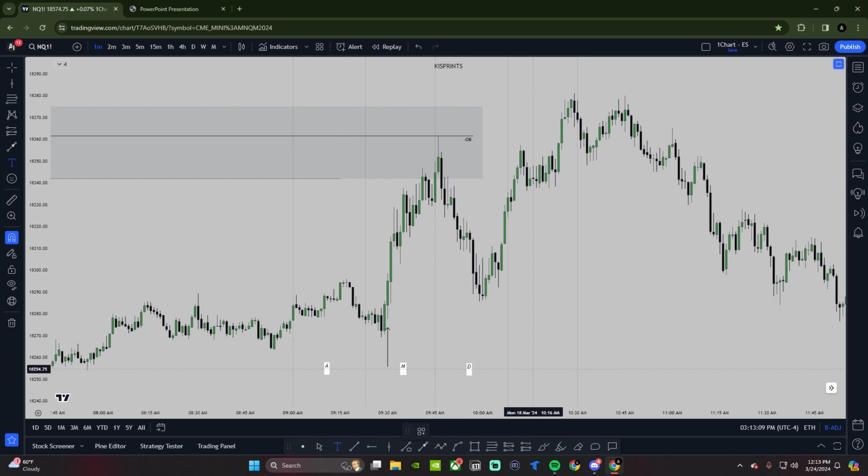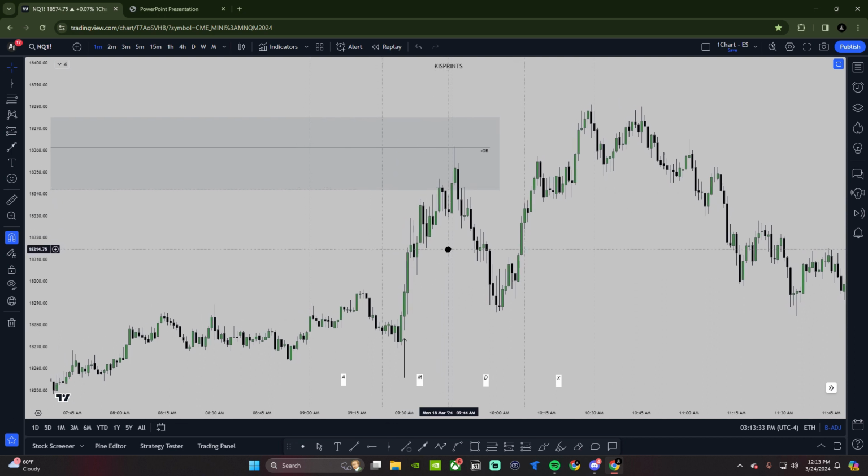And then either continuation or reversal during quarter four. This is called AMDX: quarter one, quarter two, quarter three, quarter four. With this in mind, when market opens, we expect the opening move to be a Judas, which is the fake move. All right. So with this in mind, now that we know that this is the Judas swing higher, we